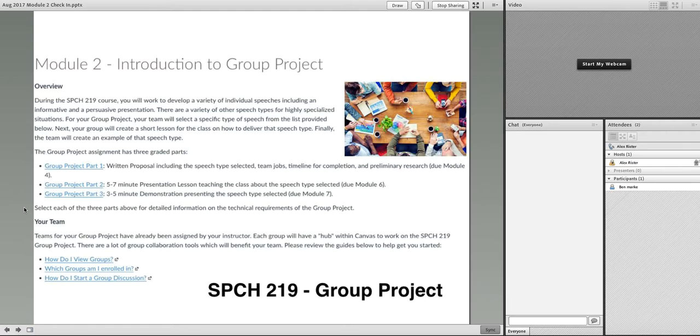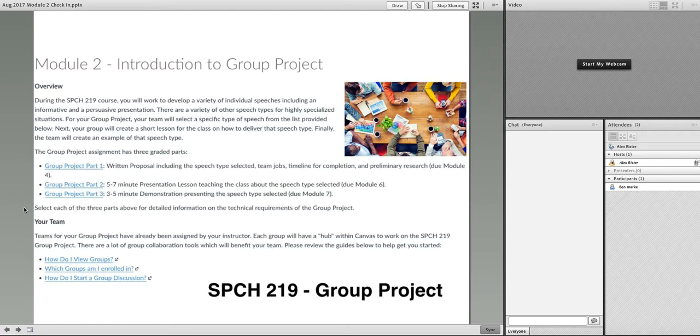There are discussion forums. You're able to share files with one another, whether it's a Word document file or a PowerPoint file. And so that little group section of Canvas is just for your team. And of course, I'll pop in there from time to time and help answer questions and things like that. But that group area for your team will be very important for you to